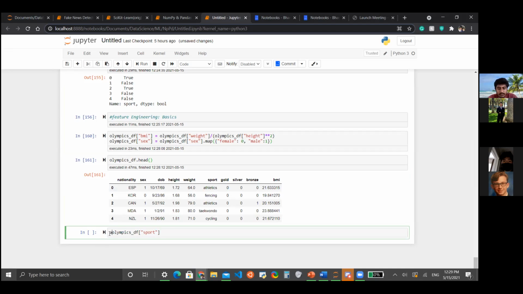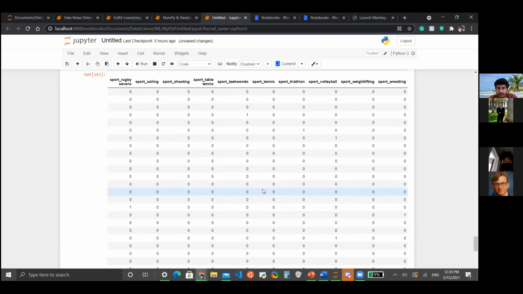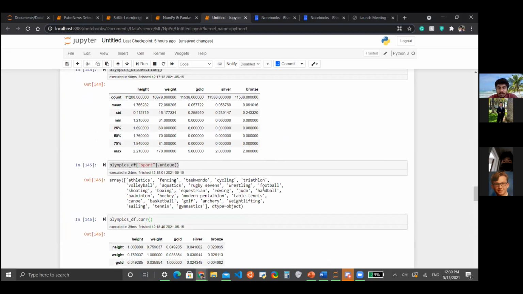Let's do another array. Let's do pd dot get dummies, and then df comma columns equals sport. Boom. Yeah, this should work. Then array. Boom. So now you see here, what we did was in all the sports here,